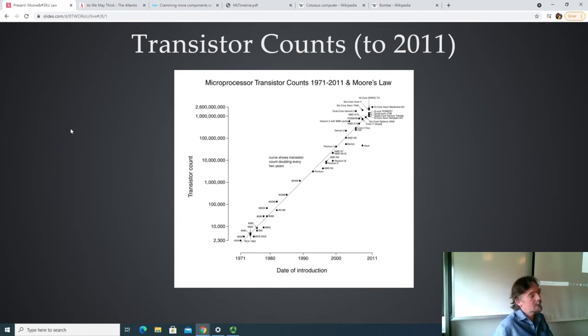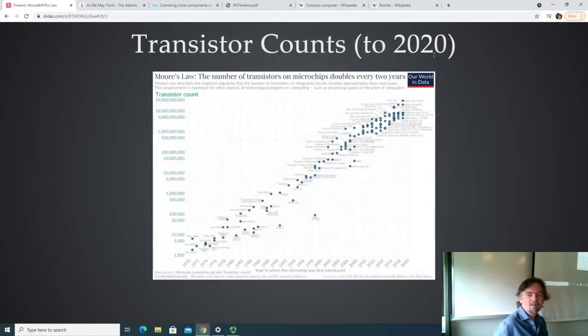And the trend did continue. People are always saying it won't continue. People are always saying, we're running out of steam on Moore's law. It won't keep going. And eventually that will be true. It has to be true eventually, right? But it keeps being not true yet. So if you look at more recent data up to 2020, it's basically the same idea. It's this big linear curve that keeps going, and now we're at the point where we've got nearly 50 billion on a single chip. Kind of incredible.